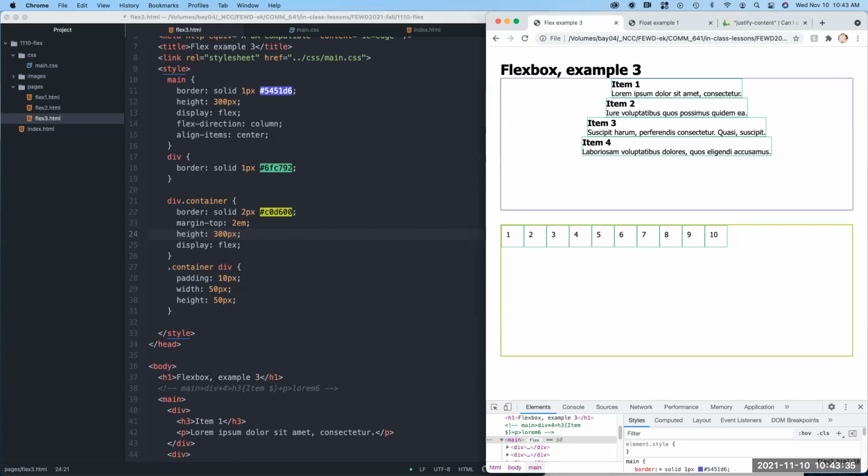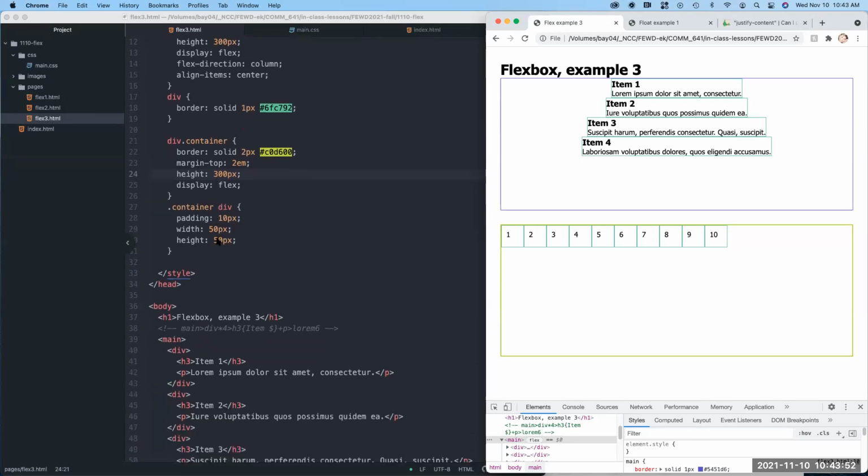Now, I know this is confusing because there's an align items. There's now an align content. So align content will align the items along the cross axes, but it's different from align items in that it treats them all as a group. So let's actually,